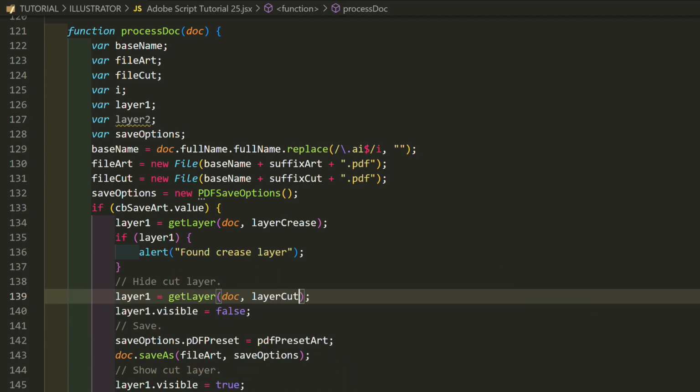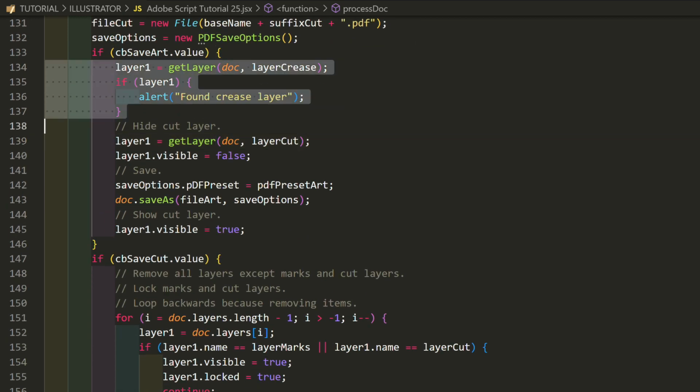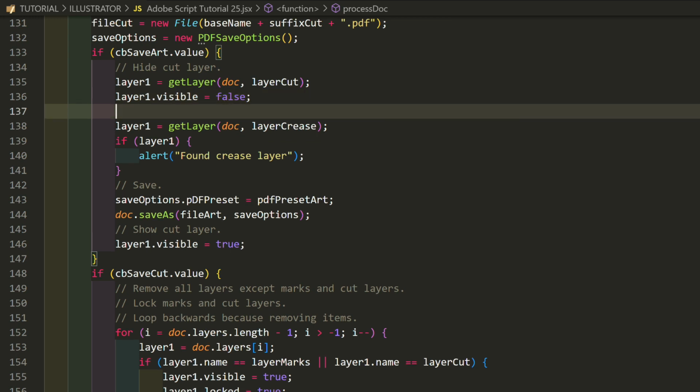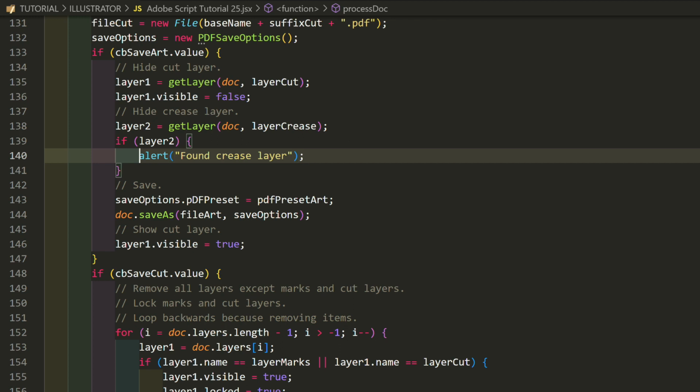I won't test the layer for null because if a cut layer doesn't exist, we want an error. There should always be a cut layer. Only the crease layer is optional. Change the crease layer to layer2. Replace the alert with a line that hides the layer. layer2.visible equals false.